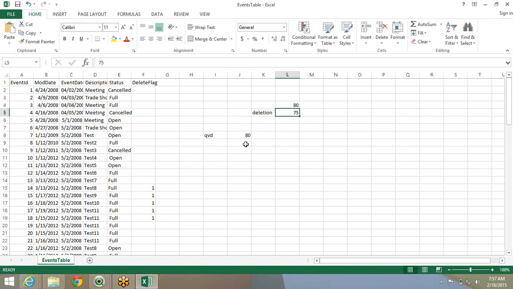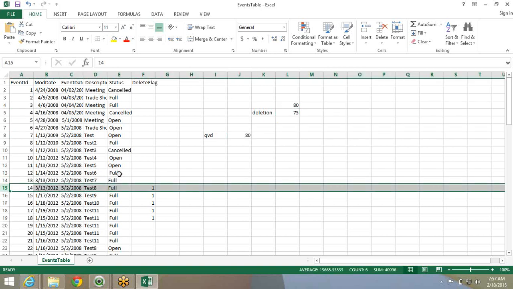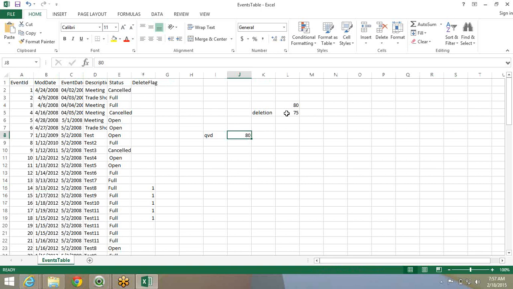So if there is a deletion, what I will do is, I will first find out which are the records. There are two ways of doing it. If the records are flagged that they are deleted, it is an easier method to get the smaller number of records and then manipulate. If your records are not flagged, they are just blindly deleted completely from the database, then you will have to follow a different method. But most of the best practices, the databases generally have a flag that, okay, these are the records that are deleted. Now use that from the QED, just load those 75 and drop off those deleted records. So first step, I'm loading only the records which are not deleted.